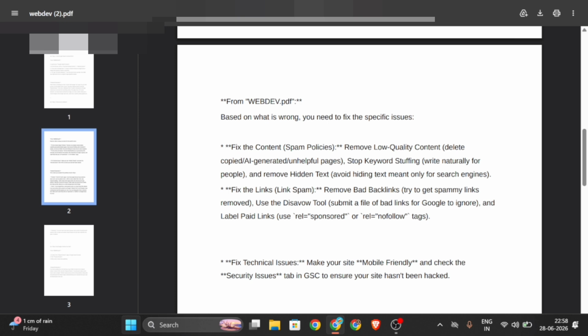Our first major issue is checking the spam policies issue. Some people say it's not spamming, others say it's important. Let me tell you what this is, because it's very important. For example, if you see a violation like this, you need to fix the specific issue. So what do you do? First, you need to stop spamming. When you hear spamming, a lot of people tell me, hey, I stopped dropping shady URLs and I don't link to weird stuff anymore. But spamming is not just about dropping links.